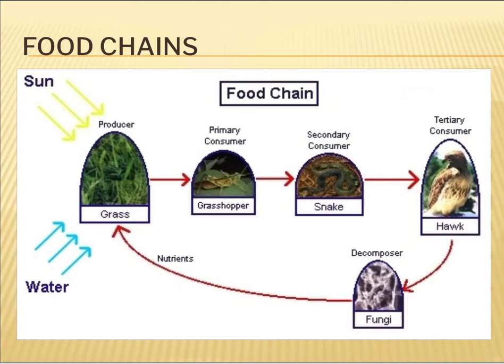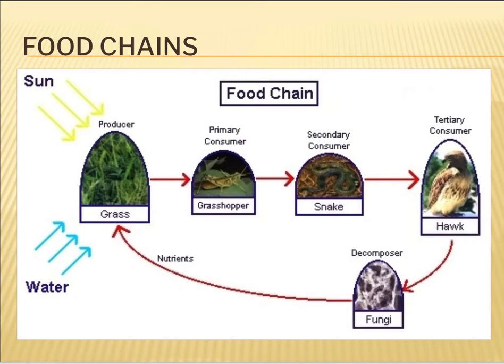Let's look at this first set of interactions. This is called a food chain. Food chains are very simple illustrations showing how organisms within an ecosystem interact. First, I want you to notice the arrows. Picture the arrow pointing to the belly where it's going. It seems silly, but trust me, it works. I see here grass gets energy from the sun and water. Grass, like all plants, is a producer because it makes its food from the sun, from photosynthesis.